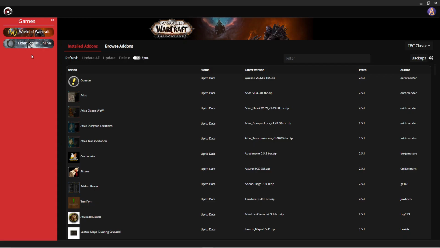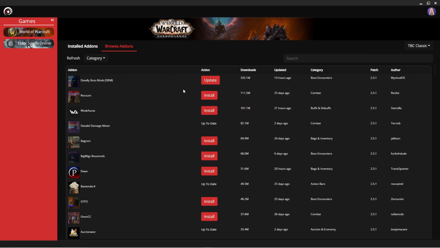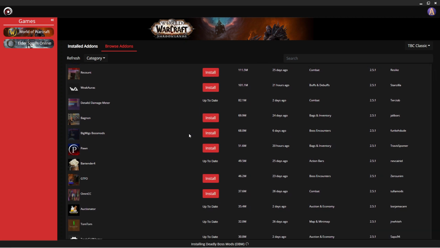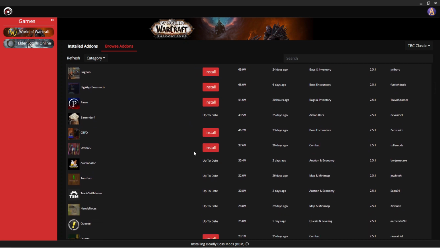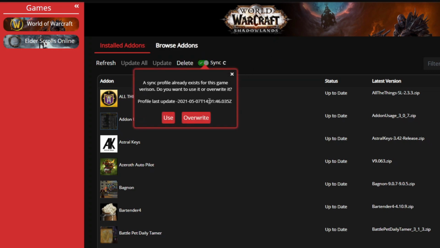Now it's time to look at Singularity. Like the other graphical managers, Singularity has an easy-to-use process for installing and updating add-ons. However, it also has many extra features as well. Some of these features require an account, but you don't have to provide anything more than a username, email, and password to create it, and they're not going to sell your data. With Singularity, you can sync add-ons across different computers and set up automatic updates for your WAGO Week auras.